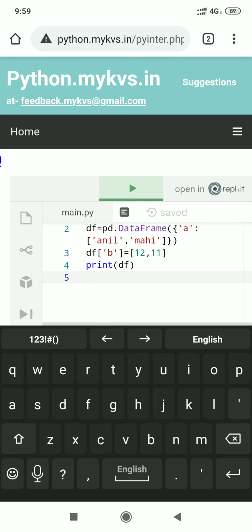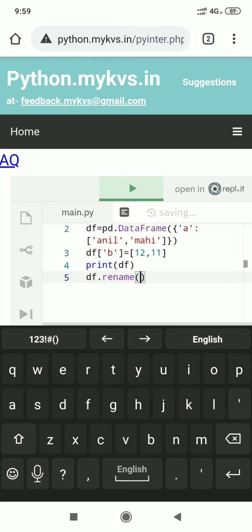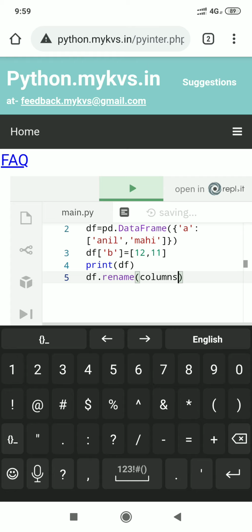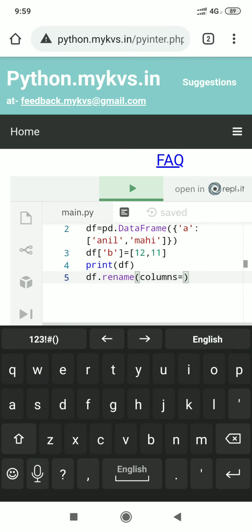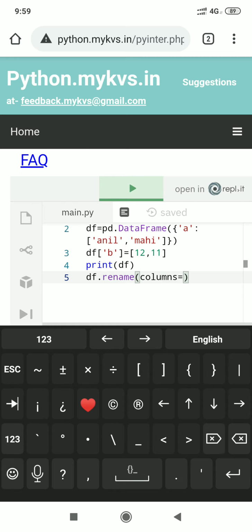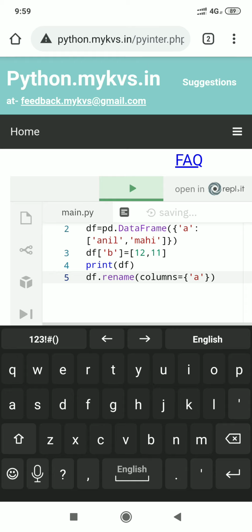Now we want to change the column name. What we will do, df dot rename. What to rename? We will mention columns equal, then here we will mention a dictionary type. Then we will mention the column name which is to be changed, then its value.